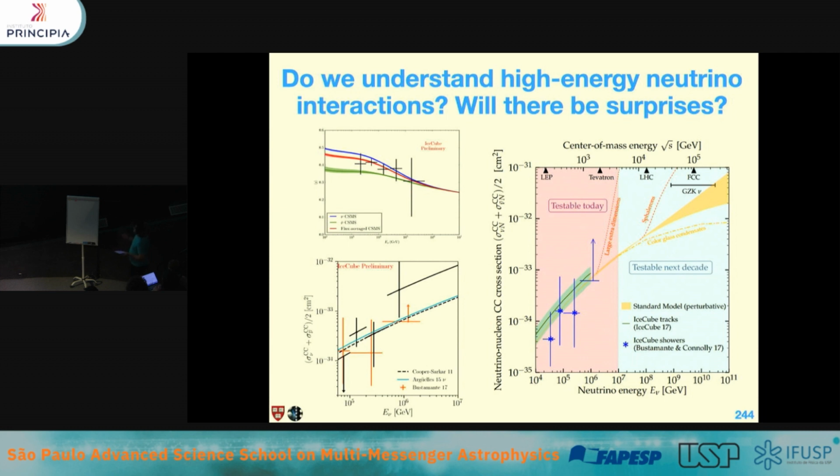For example, you have this sort of color condensation where the gluons inside of the quark, very deep between them, sort of shadow each other, and the gluon structure function stops growing. You have contribution from large extra dimensions or sphalerons. And I want you to compare these to center of mass energies of accelerator experiments. Here is the Tevatron, the LHC energy. So we hope that in IceCube Gen2, or next generation neutrino observatories, we're going to get to these energies here. But so far, everything looks Standard Model-like.